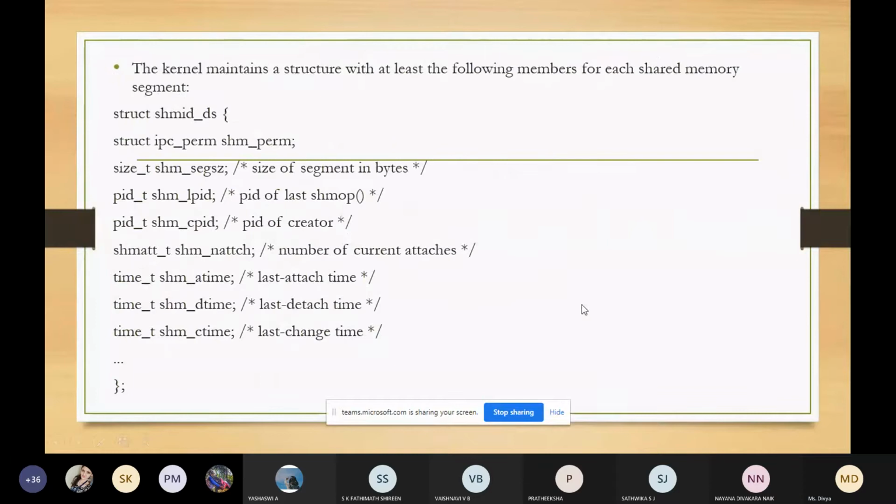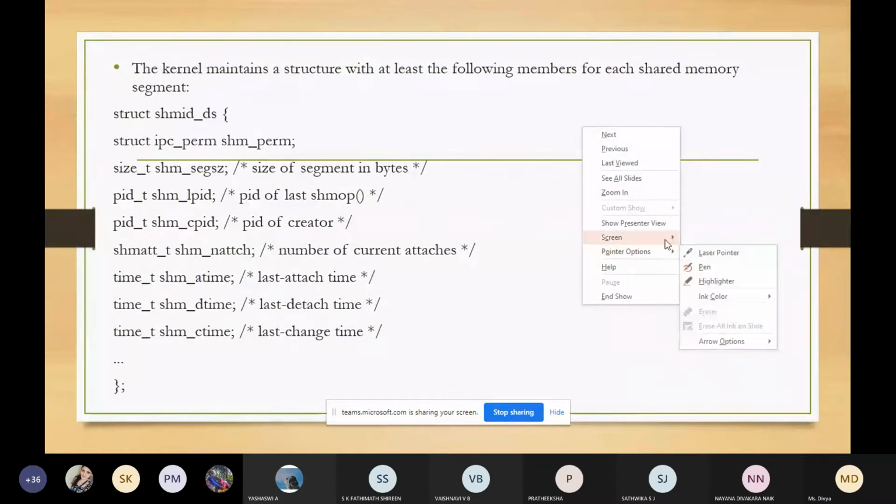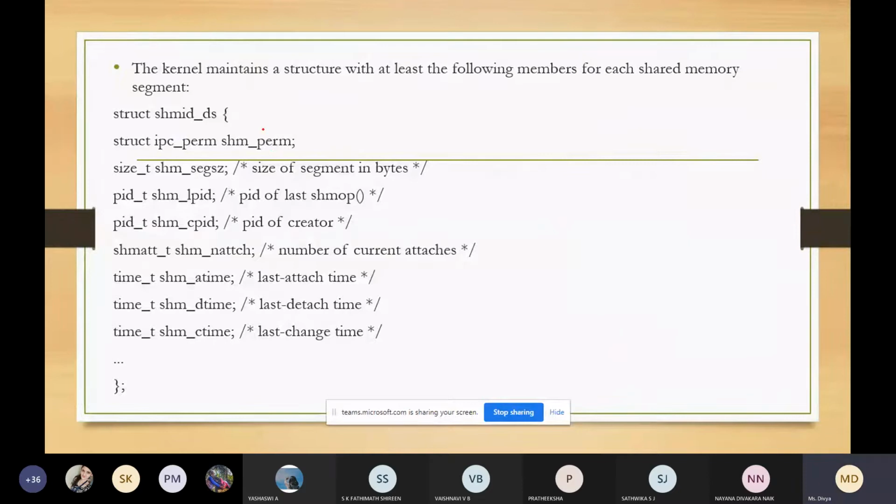Here you can see these are the members we are having. This indicates the permission. I already showed this for message queue, the different types of permissions we are having. The same thing you can define here: the permission includes mode, real user ID, effective user IDs, and so on.